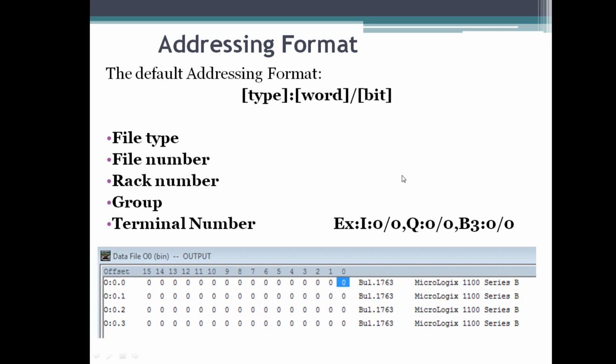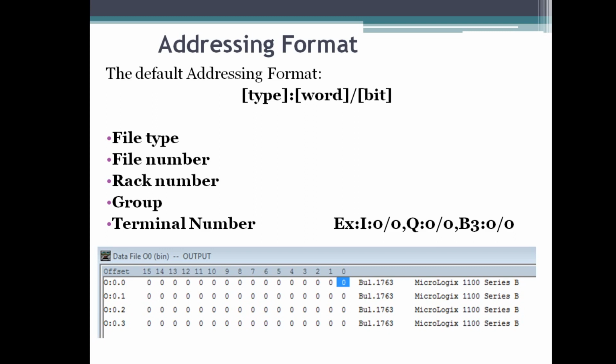If you see the addressing format in Allen Bradley, it has five things: file type, file number, rack number, group, and the last one is terminal number. The file type tells whether it is an input or output, or whether it is a timer or a counter.